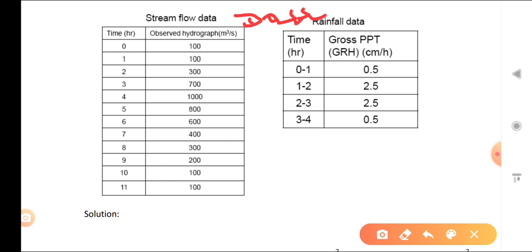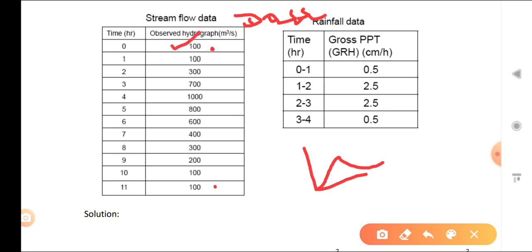Also in the previous problem you can see that the DRH and unit hydrograph start from 0. So now the first and last entry should be 0. The first entry is 100 and the last is 100, so obviously we have to use the 3 methods we have studied. So what is the base flow here? It is not given, but you can find it. It will be 100. Now we have to find the ordinate of DRH.